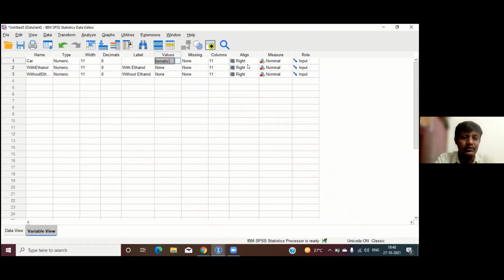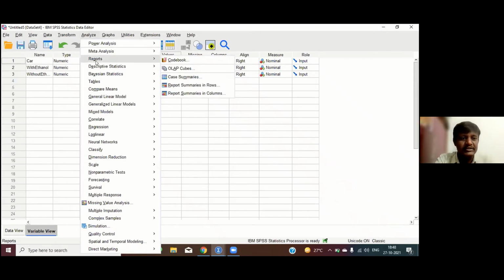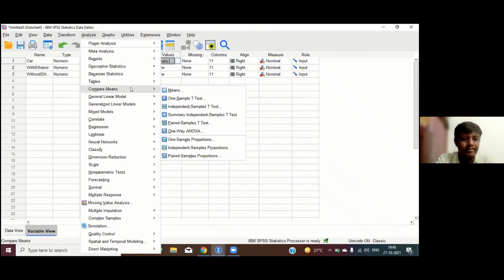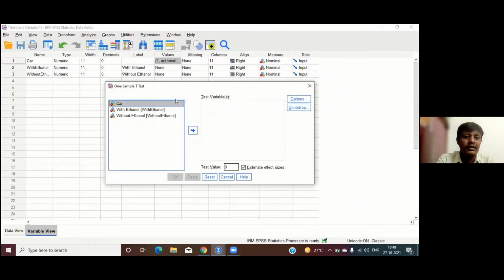Now you can go to the Analyze menu. Analyze, Compare Means. There you can select One Sample T-Test. Now, second trial means after adding ethanol. Now we need to select with ethanol into the test variable.